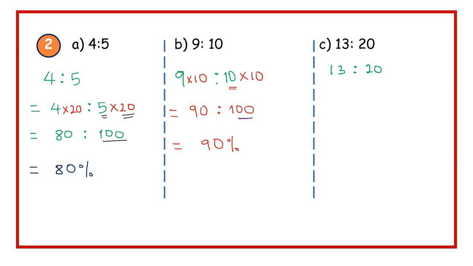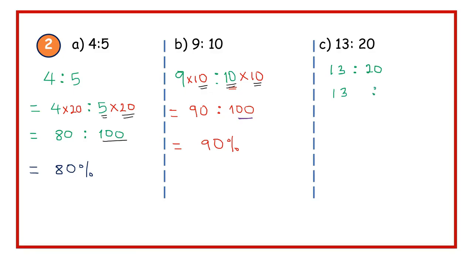In part B, the second part of the ratio is 10. So in order to come up with 100, we multiply by 10 on both parts of the ratio. Now we will also do the same for part C, such that if we have got the ratio 13 to 20,